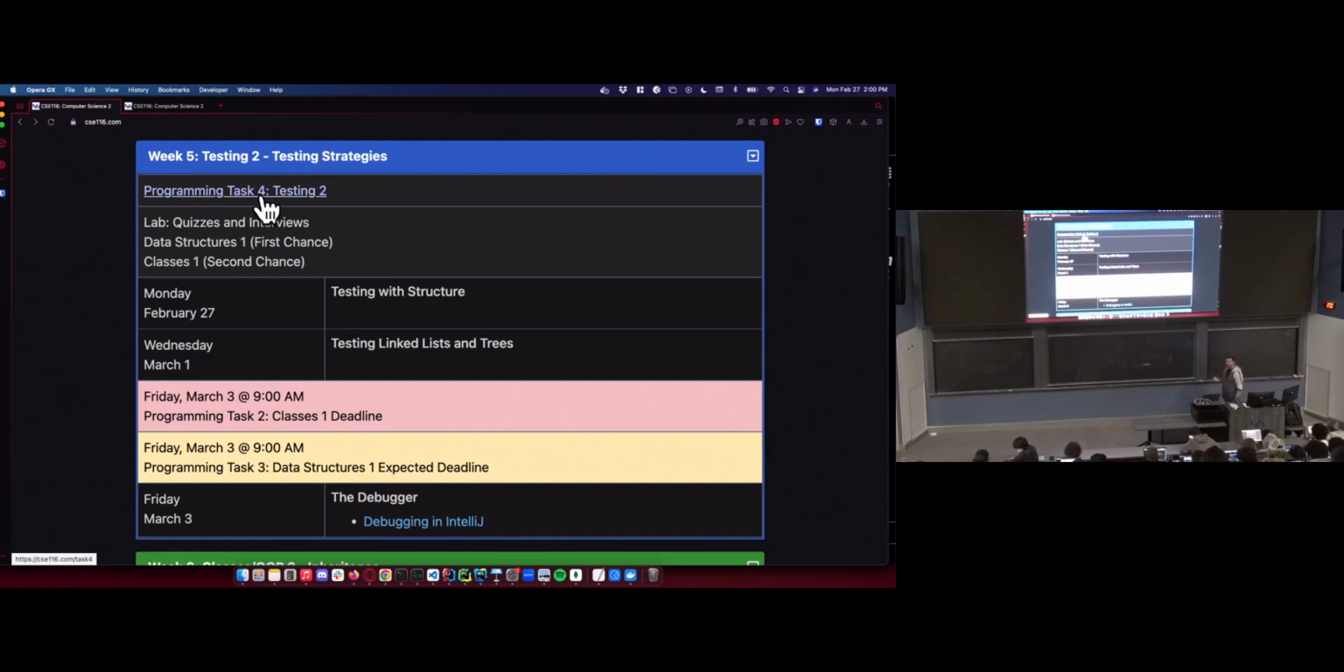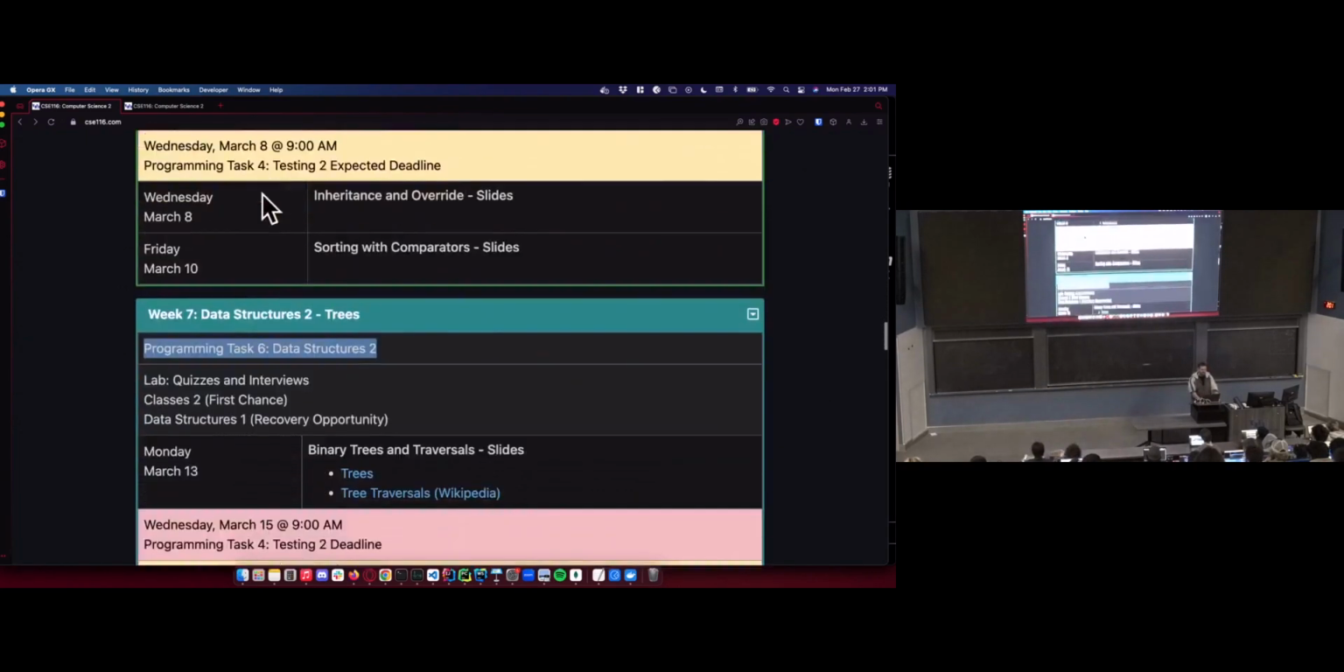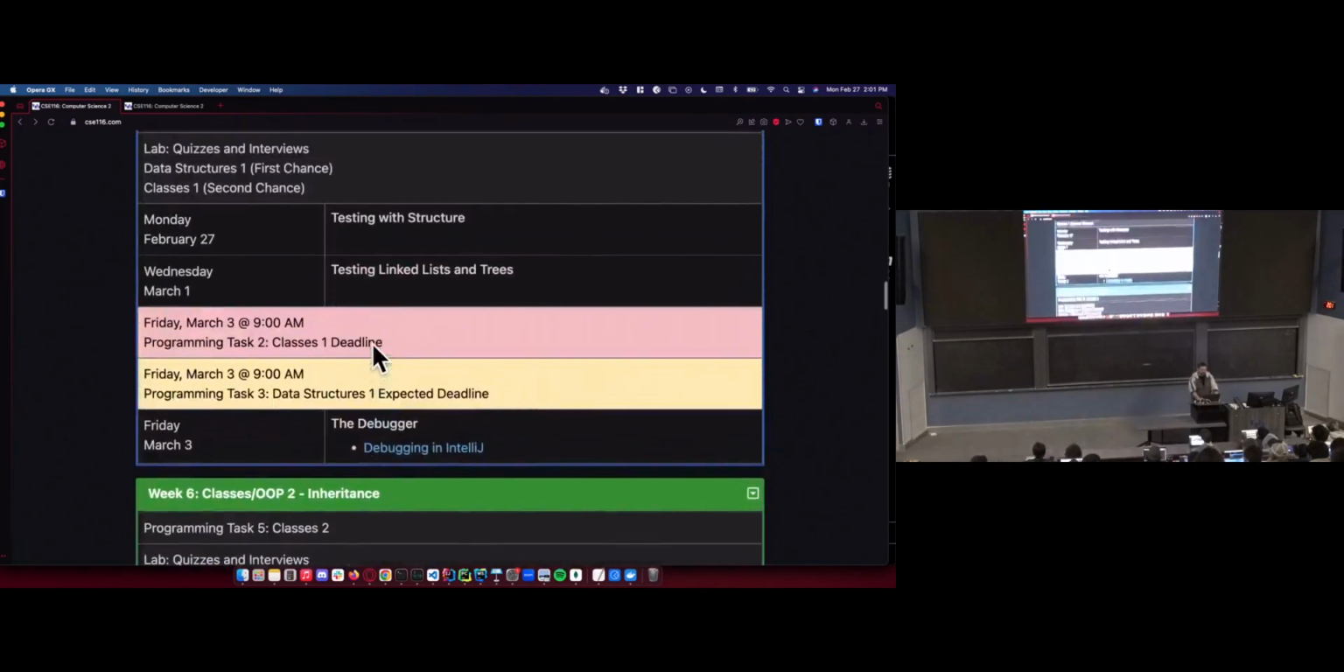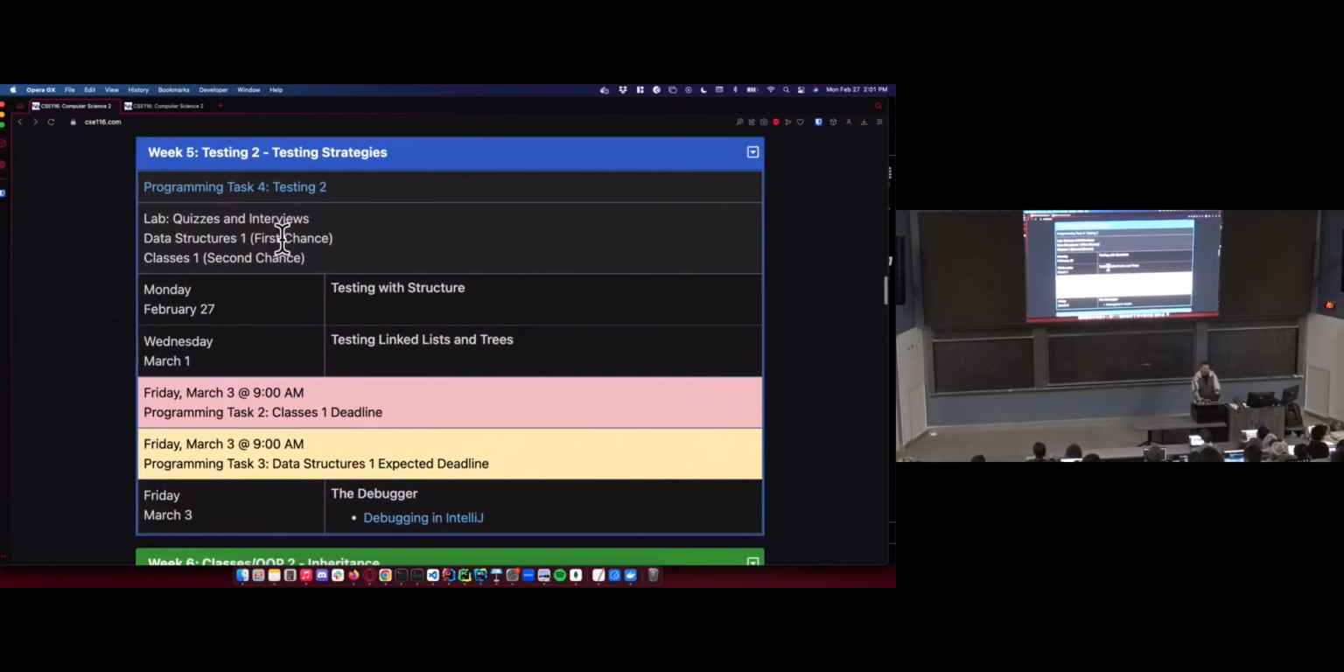So for programming task 4, you're not actually implementing any code at all. I know some of you will try. I recommend against it because you'll run out of time. There's a lot to do already. But programming task 4, what you're doing is writing your test cases for programming tasks 5 and 6. And then in 5 and 6, you'll use the tests that you wrote in programming task 4 to help you write that code,